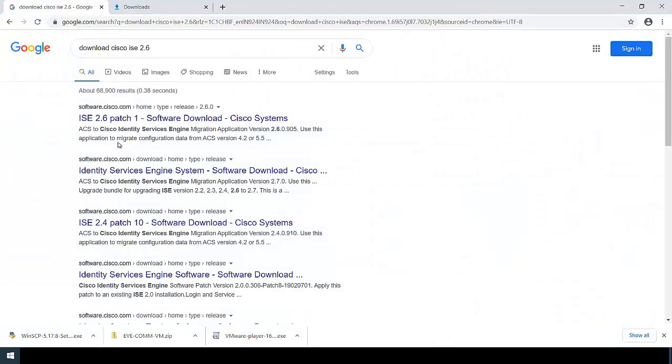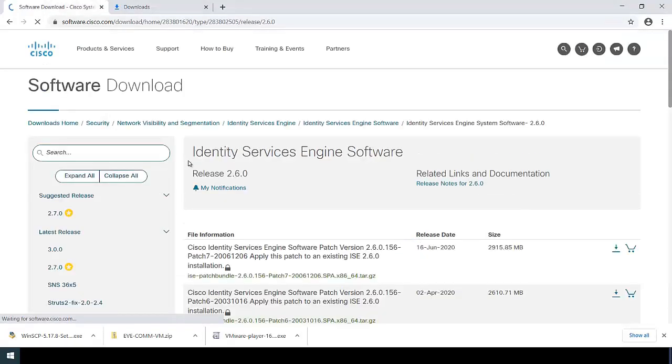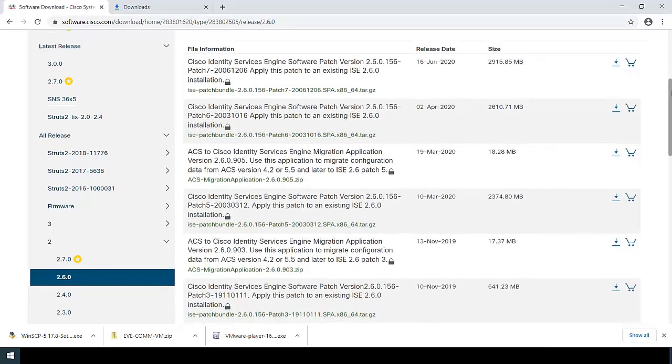So for this video we will be using ICE 2.6. From Cisco Download Center we will be downloading Cisco ICE 2.6 ISO image.